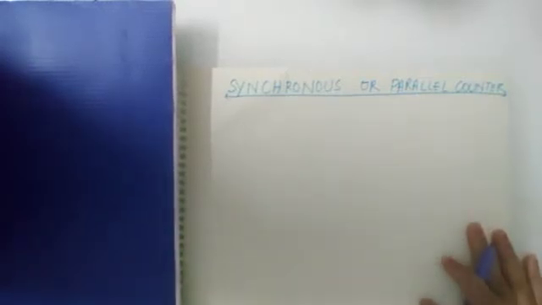But in contrast to asynchronous, in a synchronous counter each flip-flop will be triggered by the same clock pulse, but only the first flip-flop will get the external inputs and the next flip-flop will get its inputs from the output of the previous one. In asynchronous, the next flip-flop gets triggered by the output of the previous one, but in synchronous the flip-flops get the inputs from the output of the previous one. This is a very slight difference between asynchronous and synchronous.